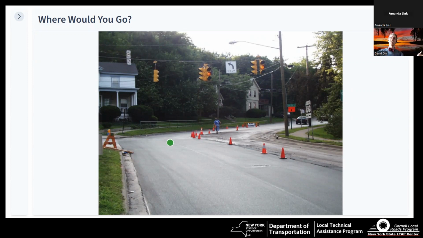Yep, you might stop at the little light because you're not sure. You might go to the left. Okay, yeah, you're not quite sure where to go, are you? Where you're supposed to go is up to the right where that car is.